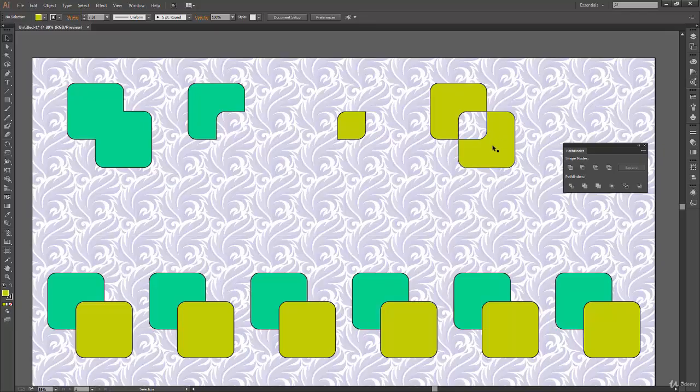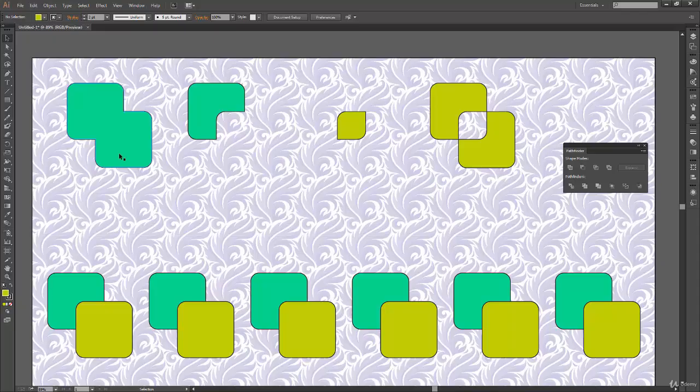Because with two shapes, it is very clear what the intersection between two shapes is, and for minus front, the front object will be removed, and it will use the backmost object to minus the part which is interfering between both the shapes. And exclude is just exactly opposite to intersect. But what about three shapes? I mean, if I have three shapes, how will it work?